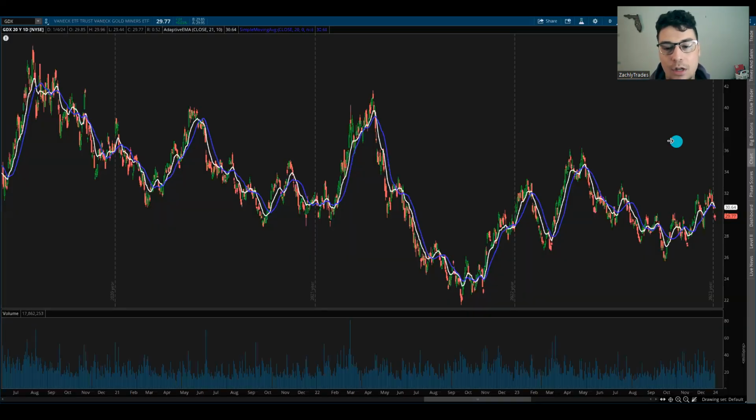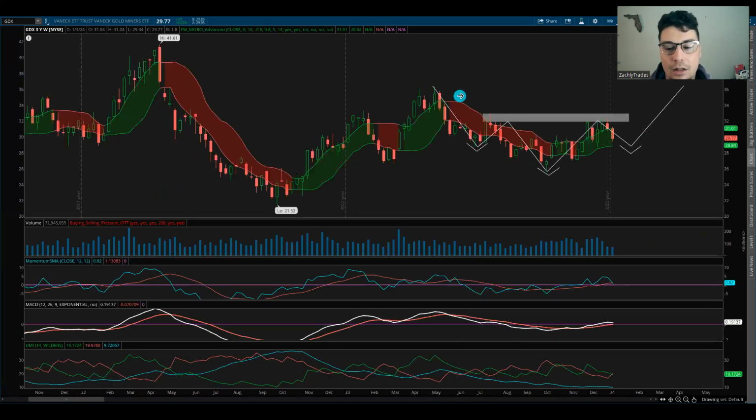So we'll cover those, and then we'll also go over a couple different indicators that I use to identify trend, and break down what's happening currently based on this indicator. We'll also take a look at a more momentum-based indicator layout, so you can get a good overall sense of what could potentially be in store for GDX now